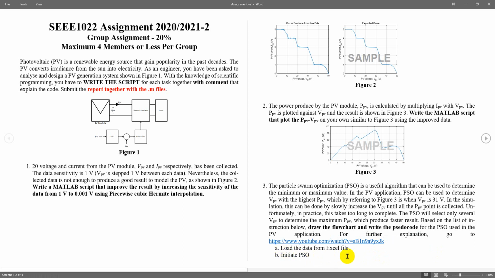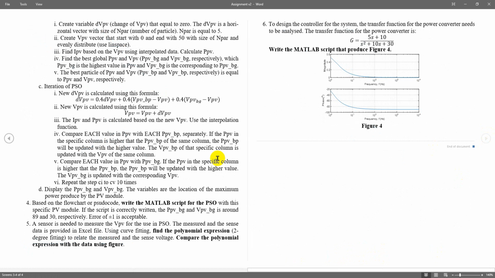You have to load the data from Excel, and then you have to initiate the PSO. In initiating the PSO, you have to create variables. Try to understand what each is. You have to create a variable dVPV, the change of the VPV. Remember, d represents the change, usually a small letter d, as in deviation or differentiation. Then dVPV is a horizontal vector with the number of particles as its size.